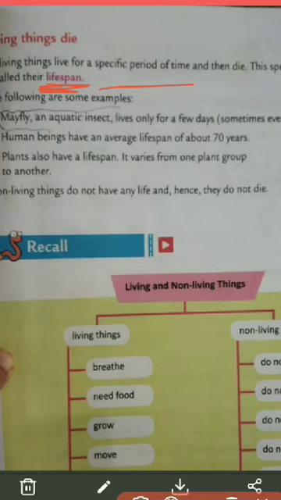After the lifespan is complete, they die. Human beings have an average lifespan of 70 years. Plants also have a lifespan, but it depends from one group of plant to another group of plant. For example, trees,